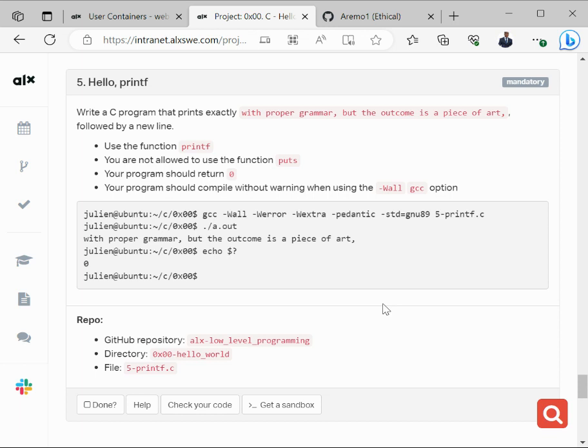Today we'll be treating project 0x00C Hello World, but here we'll be treating task 5, that is Hello Printf. Our task is to write a C program that prints exactly, with proper grammar, a piece of art followed by a new line. We are told to use printf. You are not allowed to use the function puts. Your program should return 0. Your program should also compile without warning when using the -Wall GCC option. Then you write your answer into this